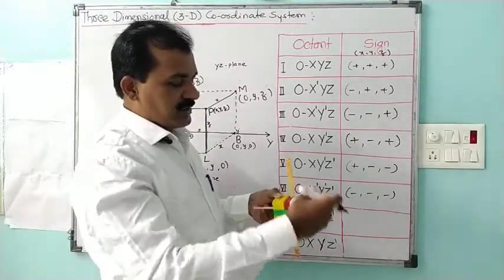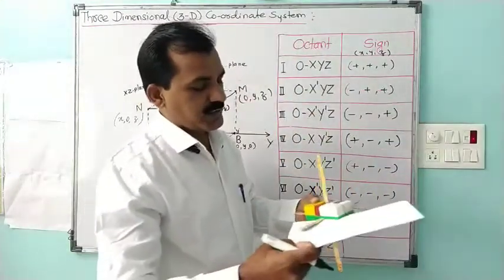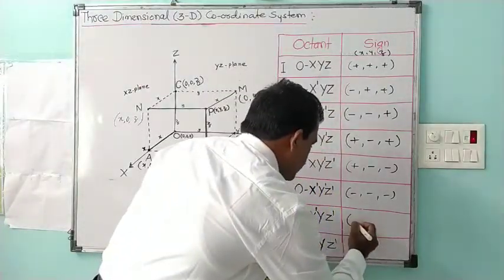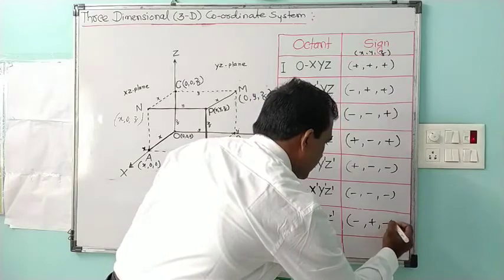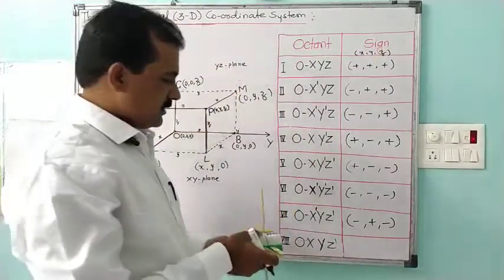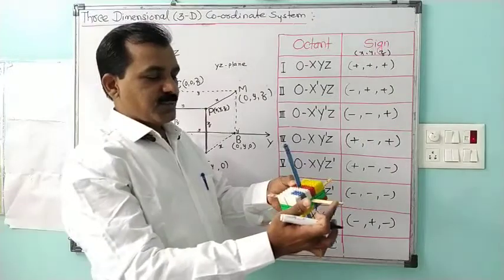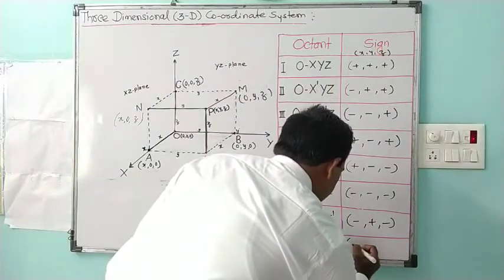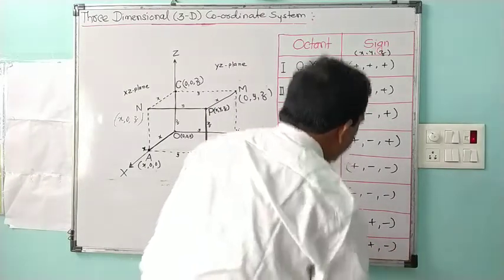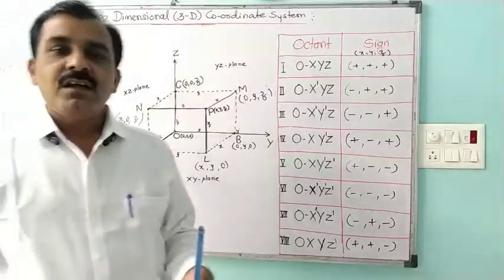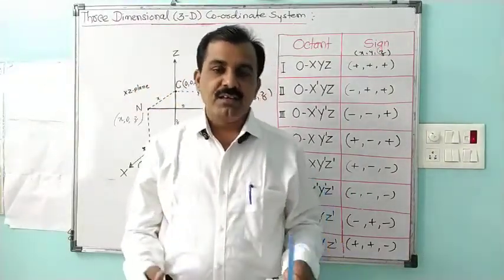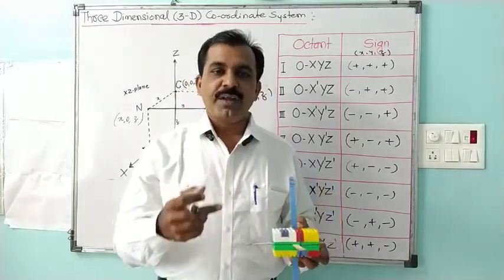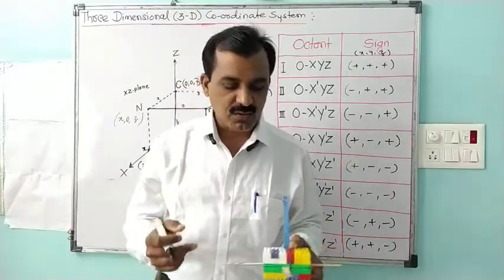So this octant has the coordinates: first is negative, second is positive and third one is negative. And the last octant, as we considered here, x is positive, y is positive and definitely z is negative. So this x positive, y positive and z negative gives us the information in detail about what the signs of the point are when we take the point in different octants. In all we have 8 octants.